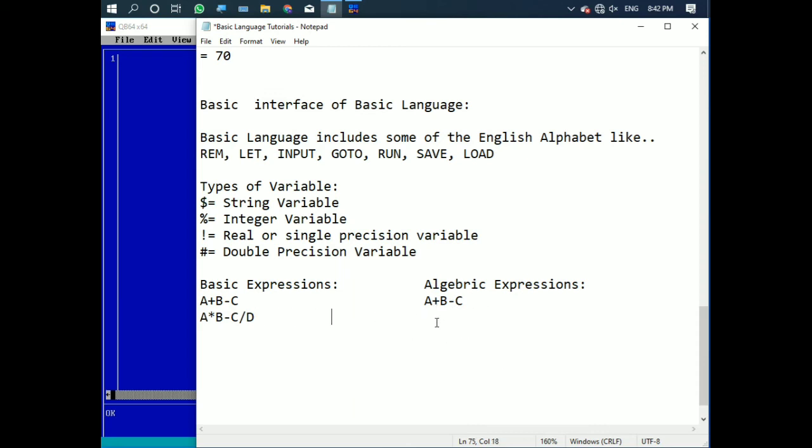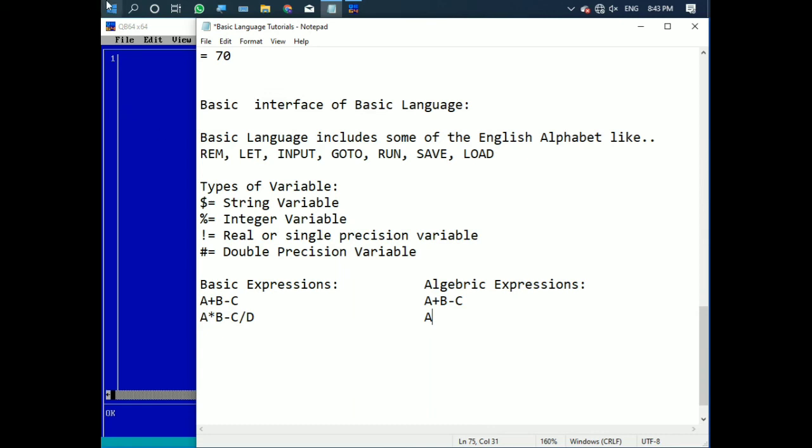In the algebraic expression it is written as the normal thing, A multiplied by B, so the multiplication sign will be this. Here I am writing in my PC, so it is difficult to let you